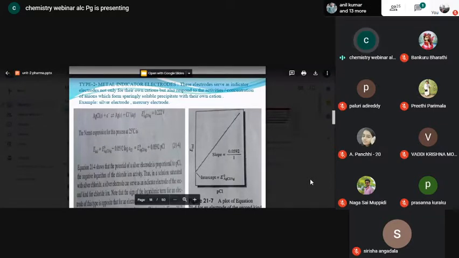1 ml of KCl contains how many units of Cl minus ions? 10 units of Cl minus ions. So when you added 10 units of Cl minus ions into AgNO3 solution, these 10 chloride ions interacted with the 10 Ag plus ions, and finally you have obtained how many units of silver chloride precipitate? 10 units of silver chloride precipitate, and along with that, how many silver ions are present in free condition? 90 Ag plus ions are present.